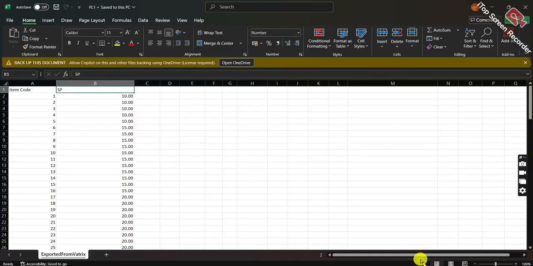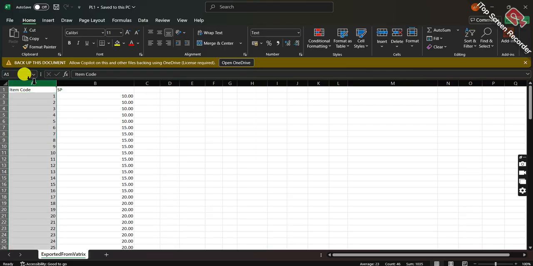Hello. So today I'll explain how to change all item prices using Excel in the Vatrix POS system. First, you need to create an Excel sheet with item code and selling price. The first column is the item code and the second column is the selling price, as you can see, and click on the save